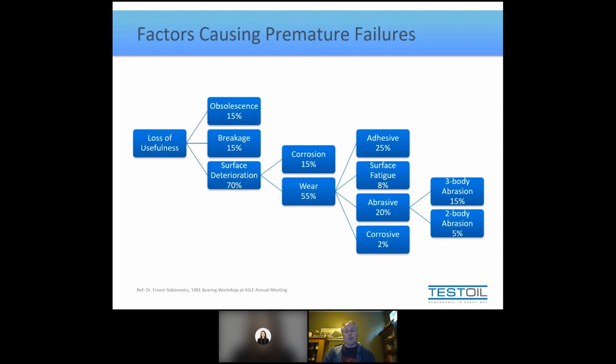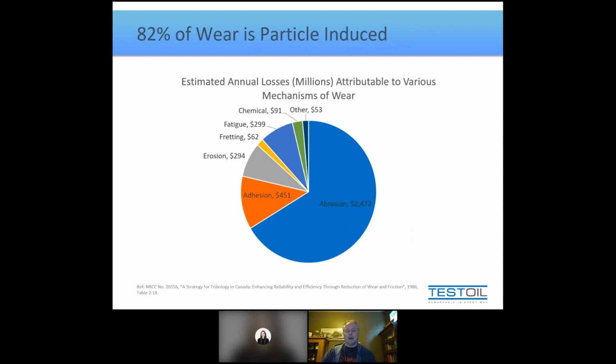So the point being that this is kind of like, if you use the Pareto principle, the low-hanging fruit. This is the 80% of our problems can be resolved with 20% of the effort. If we can get rid of the particulate that are at or near clearances, we will get rid of one of the largest slices, backing ourselves through this whole graphic here, of the largest slice of the largest slice. And just to show it to you one more time from yet another study, a very popular one, this one was done in Canada. It attributed about $5 billion a year in industry was being lost due to friction and wear.